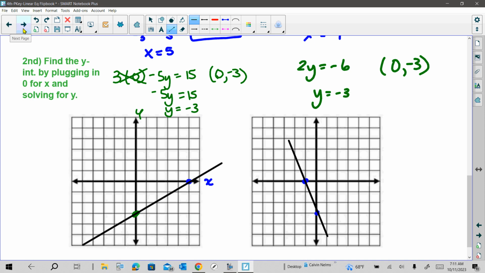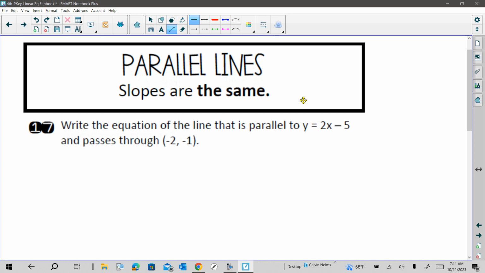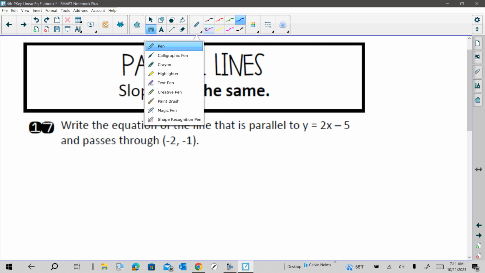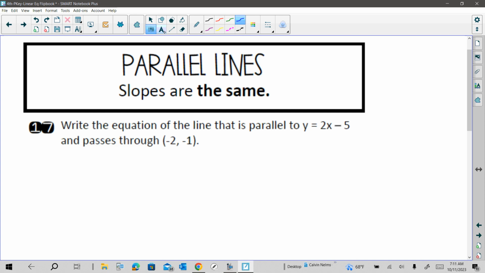All right. So then we have our special types of lines, which are parallel and perpendicular. So the thing with parallel here, we have to remember they have the same slope. The key thing is same slope right here. Okay. And to write the equation of parallel lines or perpendicular lines, the first thing you want to do